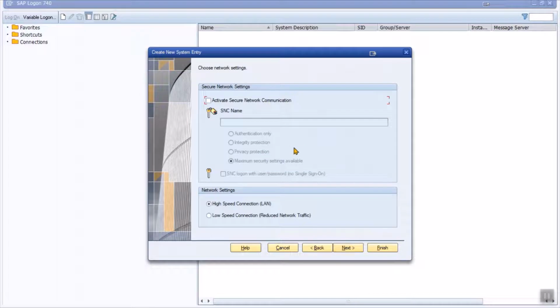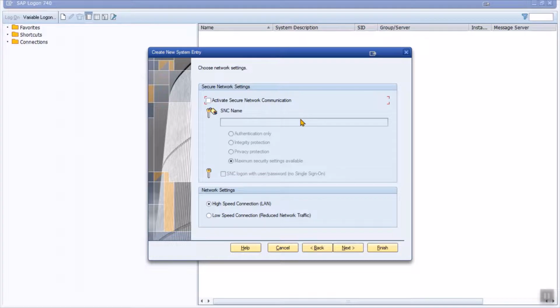Unless it is an SNC, which means single sign-on. If you are using an IDES system, I don't think you will be provided with an SNC, but if it is something your company provided in SAP logon, then you might have an SNC, I mean single sign-on.